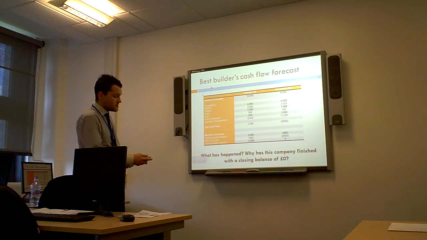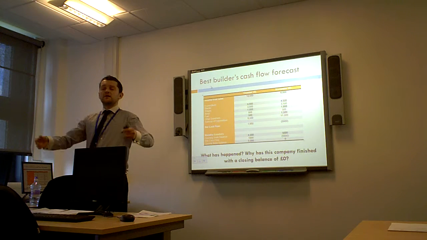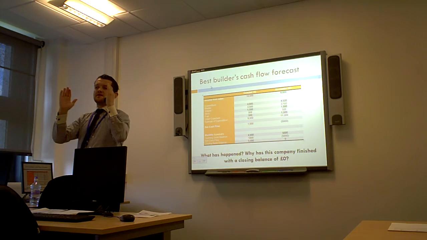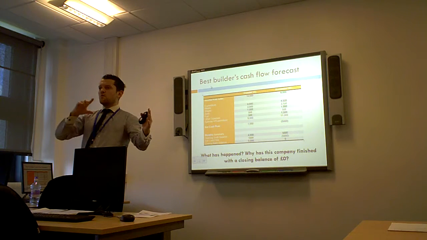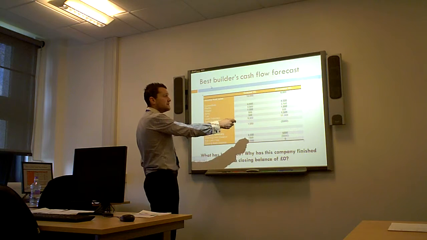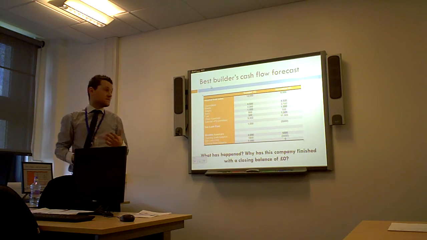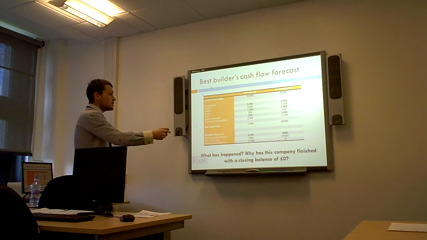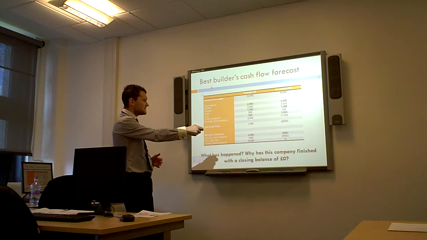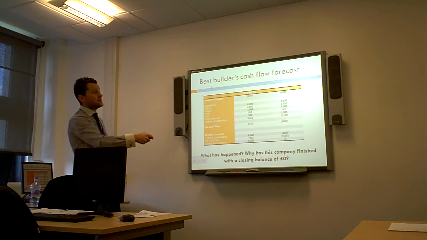Okay, so we move on to November. Now you can see straight away that when we looked at two different years, you could see where one year was better than the other. Straight away you can see, okay, we've got a big decrease in income here. So this might cause a problem for our cash flow. You can also see that when you look at the expenditure, a lot of them have gone up. So your subtotal of expenditure is actually 11,000.